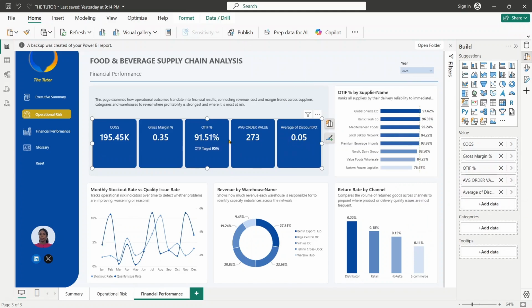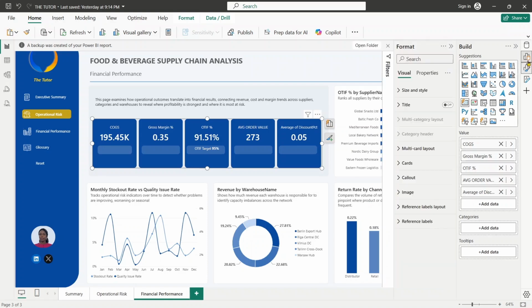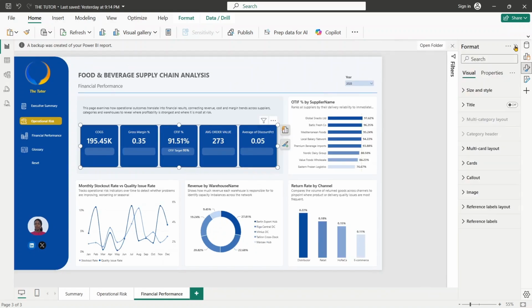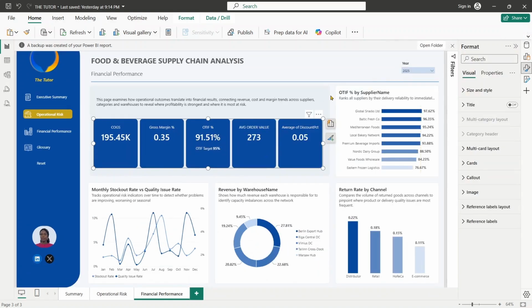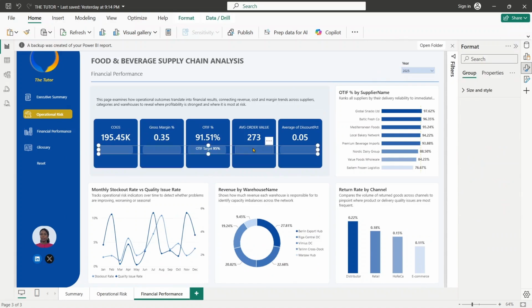So you have your discount, you have your order value, OTIF, gross margin, and cost of goods sold. So let's come back to formatting and clean it up nicely. So I'm just going to come here and delete this particular icon,